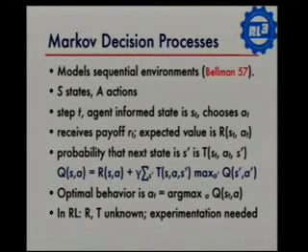There's a set of states and actions, and at each time step t, the agent is informed of what the current state is of the underlying process, and it gets to choose an action. It then receives a reward from the environment, and we're going to say that the expected value of that reward is R(s_t, a_t). And then there's some probability of making a transition to any possible next state. So T(s_t, a_t, s') is, if it's currently in state s_t and it takes action a_t, the probability that the next state that it's going to encounter is s'.